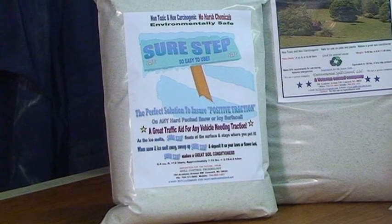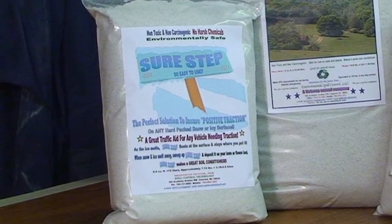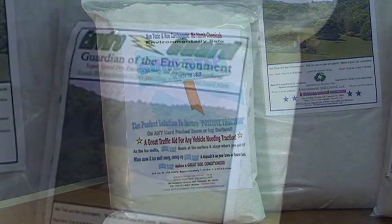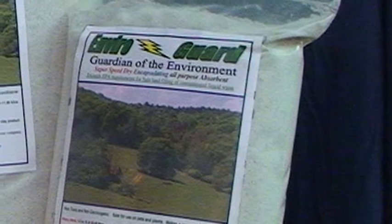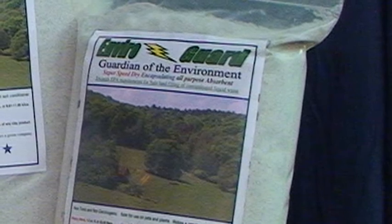SureStep also makes a great soil conditioner. When the ice is gone, simply sweep up the used SureStep and deposit it on your lawn or garden. Do something good for the environment this winter. Use SureStep. It gives me great pleasure to introduce our next product, EnviroGuard, Guardian of the Environment, the most amazing